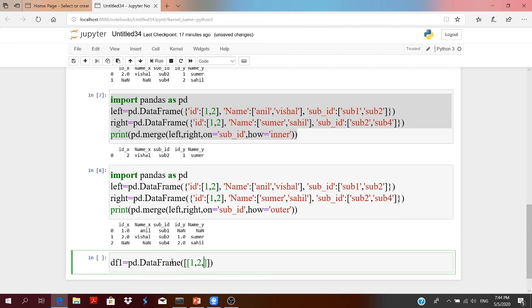The first list is A and 1, then another list B, 2. Now there is a list having two lists inside it. Columns, give the names of the columns. The first one is letter and the second one is number.